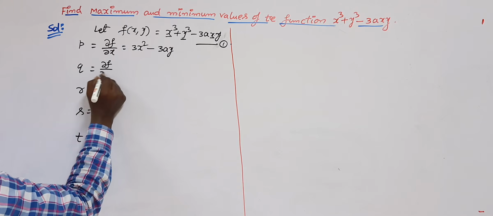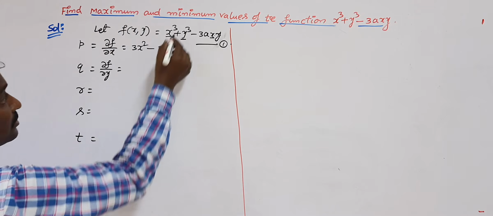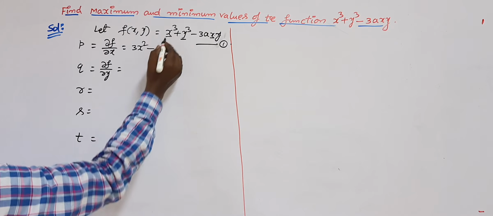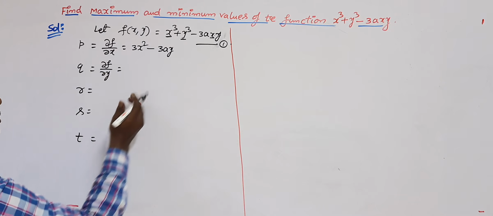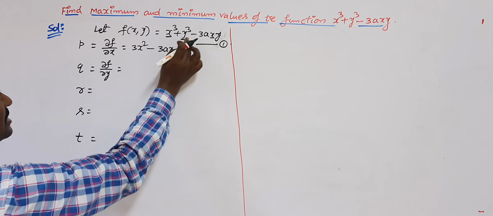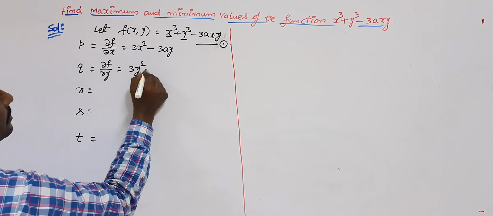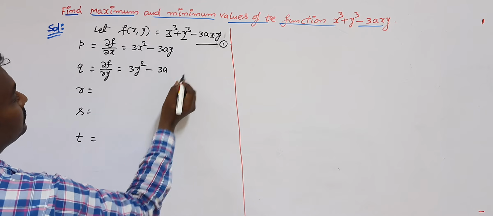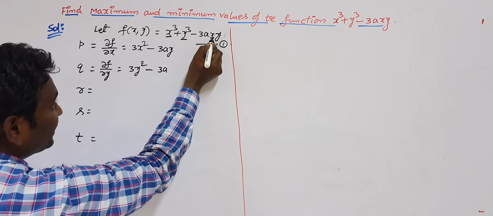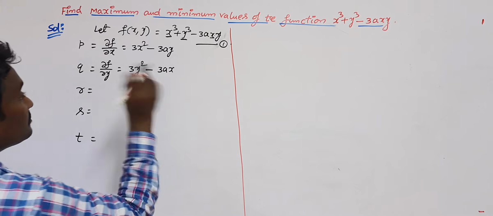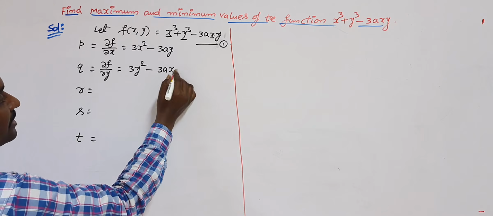Now what is q? Dou f by dou y. In this case except y, the remaining are all constants, particularly the x terms are constants. Here x cube is only in terms of x, so its partial derivative with respect to y is 0. Write the derivative of y cube. The partial derivative of y cube with respect to y is nothing but the ordinary derivative, it is 3y square minus 3a. Now x is a constant which is in product, so you have to carry the term as usual, do not disturb that term, and the partial derivative of y with respect to y is 1. So 3ax into 1 is 3ax.